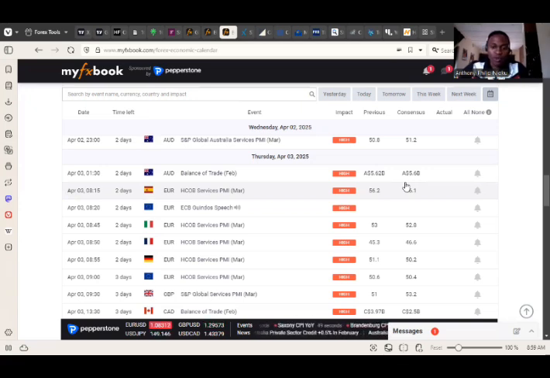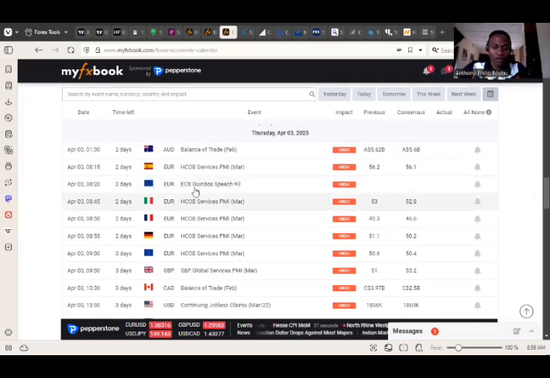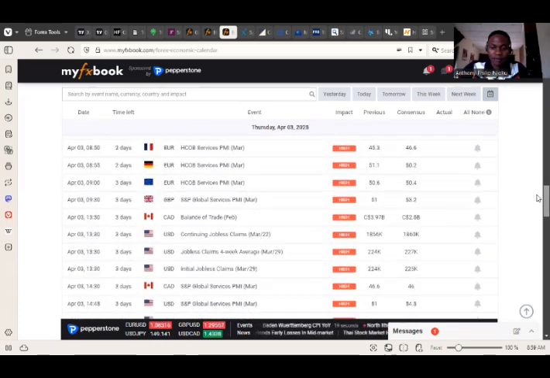Okay, so we need the surplus to increase the current account of the Central Bank of Australia. That is what you're seeing right here. Then we have the service PMI. A higher figure than 56.1 is good for euro. A lower figure is bad for euro. That's for London session. Then we have service PMI for Italy, France, Germany, Euro Central, and also Great Britain. Everything here, we see a figure higher than it is good for that currency. A lower figure, it is bad.